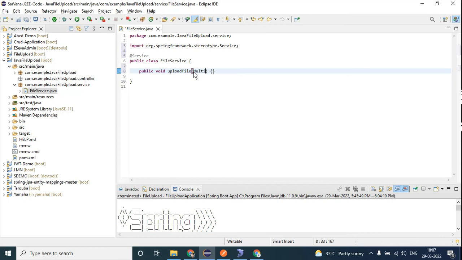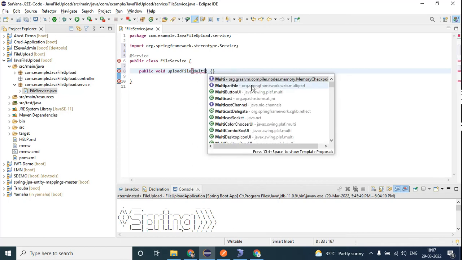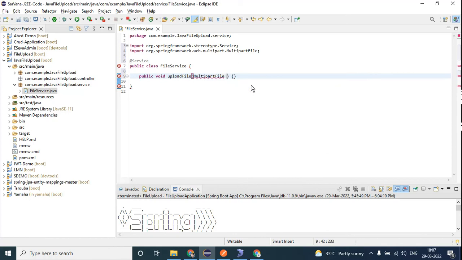Look here, you have this MultipartFile and you have an object for it, which is file. And here I have to write this file object, right?